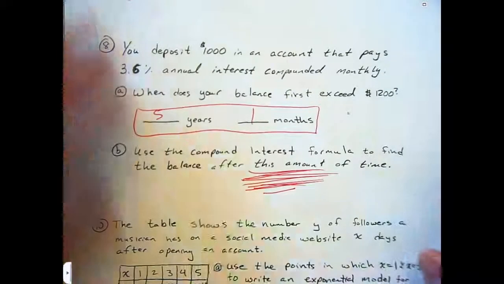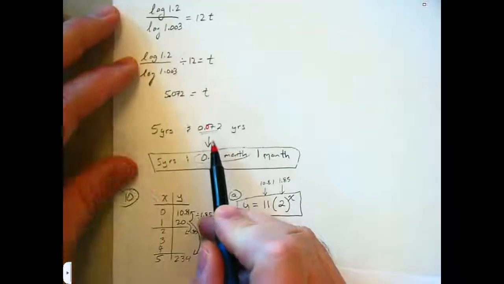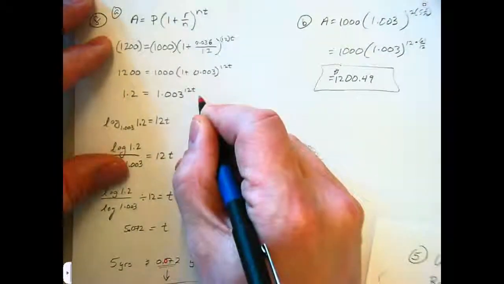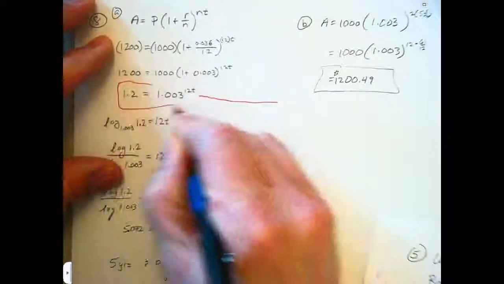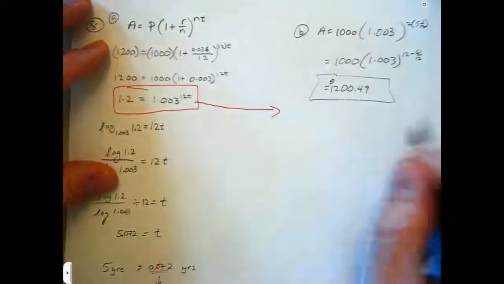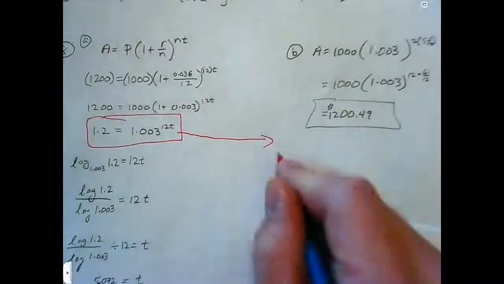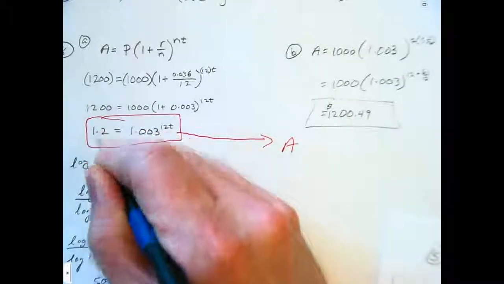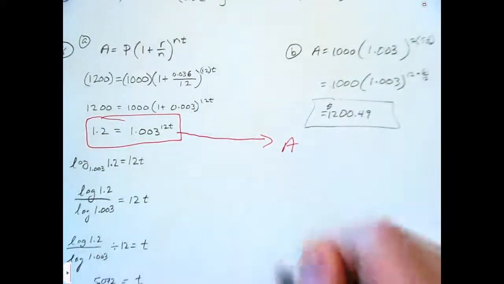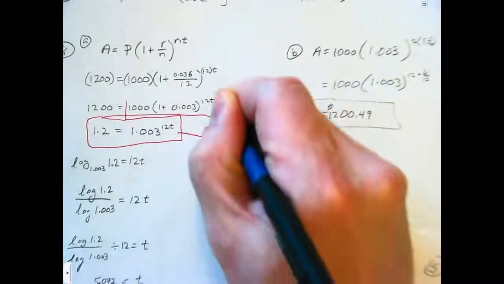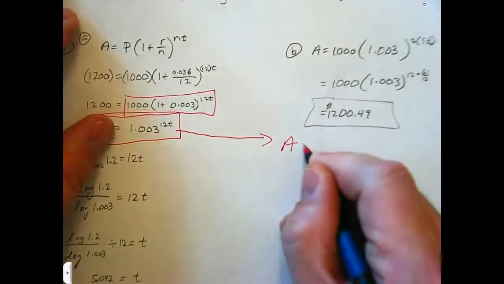Okay, so some of you just kept cranking away, maybe with the 0.72 here. Okay, you found an answer. You use that answer. We plug it in to our compound interest formula. In fact, I'm going to use it right here for you. Okay, I'm just going to go back to here because here's where I can plug in time. So you can look at part B if you want there, but we'll actually plug it in here. So you have A, so rather than the 1.2 now, we'd have to have our 1,000 over here, so we'd have to use this one. Okay, so we'd have A equals,